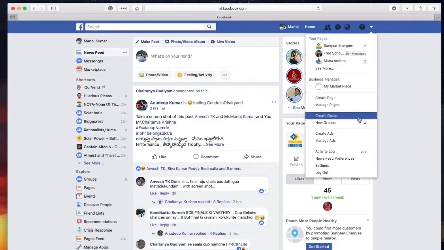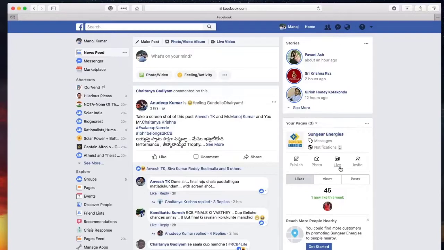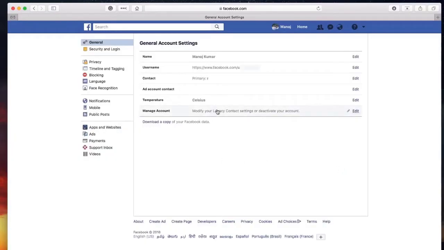To download the Facebook data, you first need to log into your Facebook account with a username and password. Once you are in, find this little down arrow icon to expand the available options. At the bottom, choose Settings.